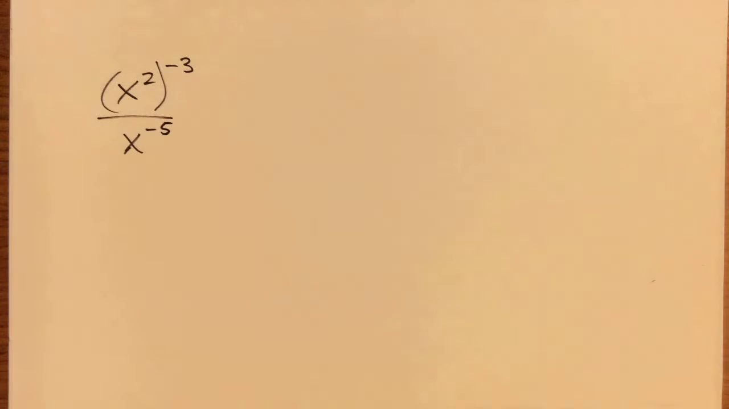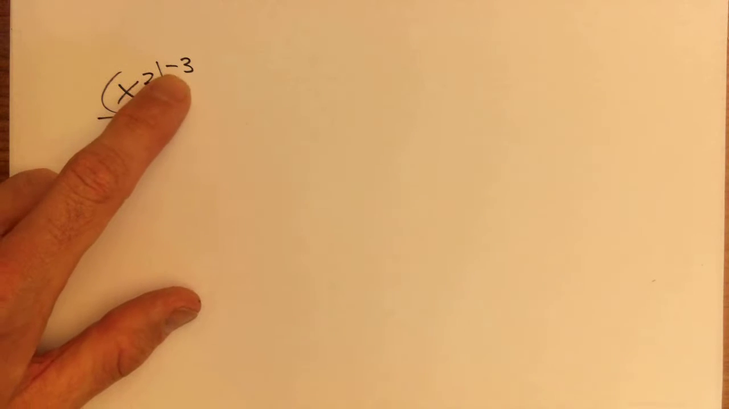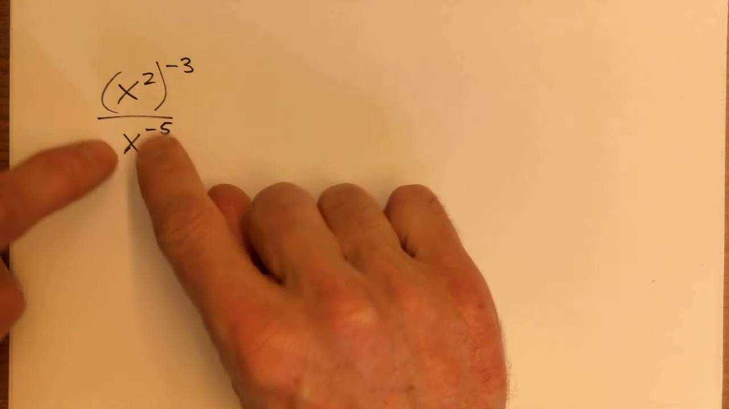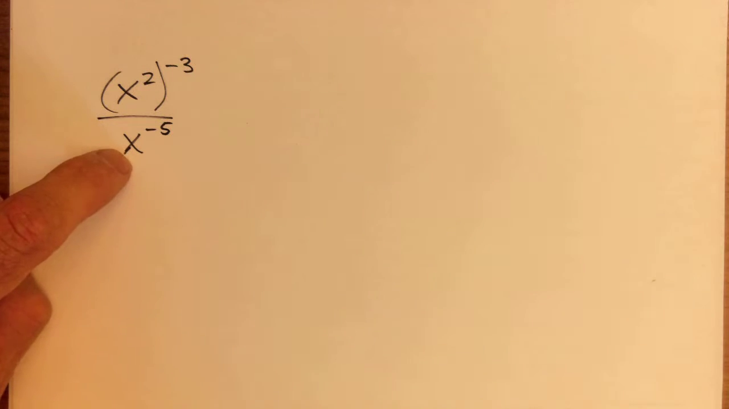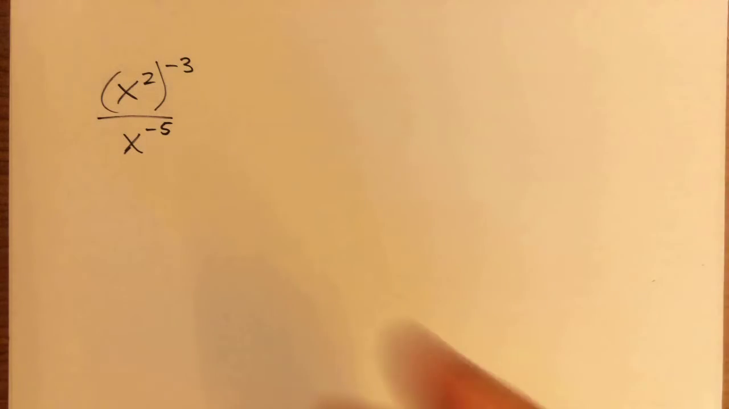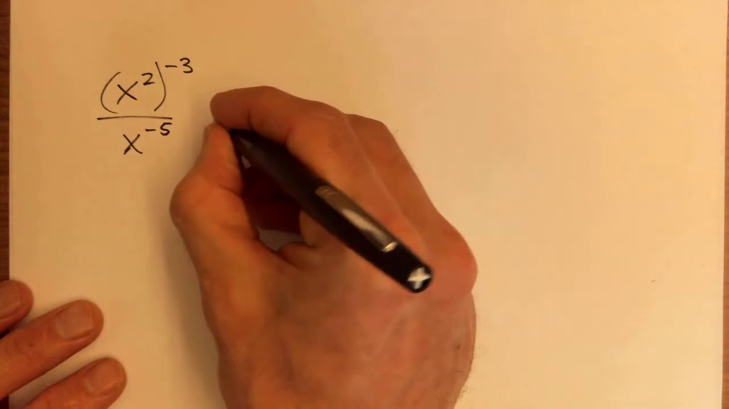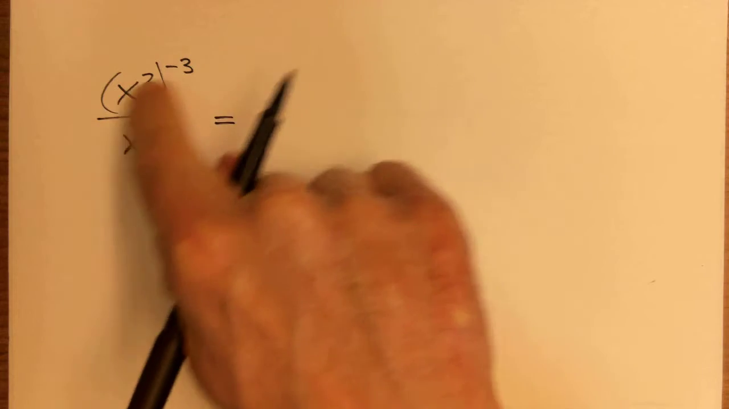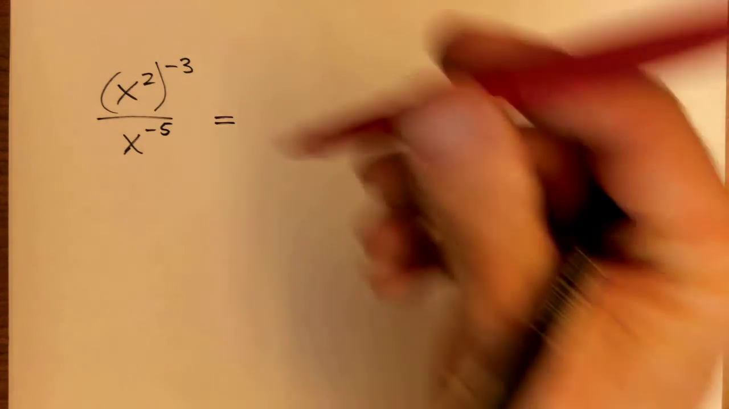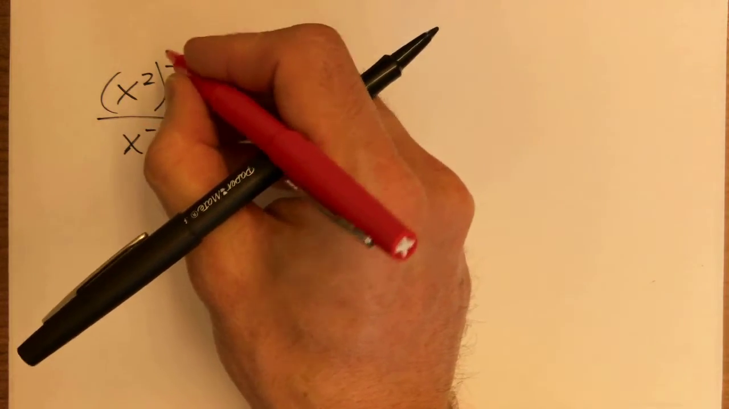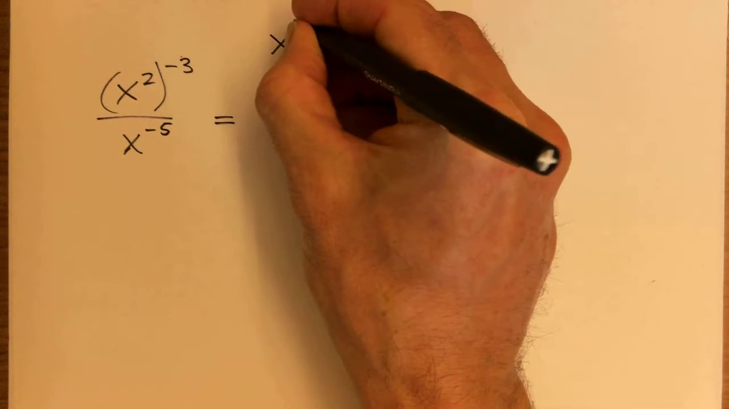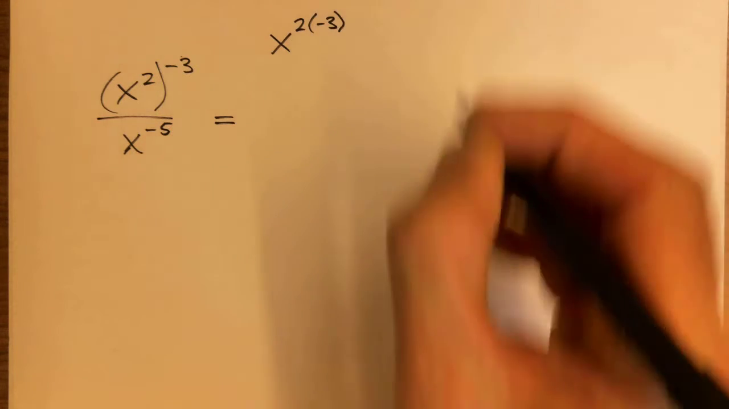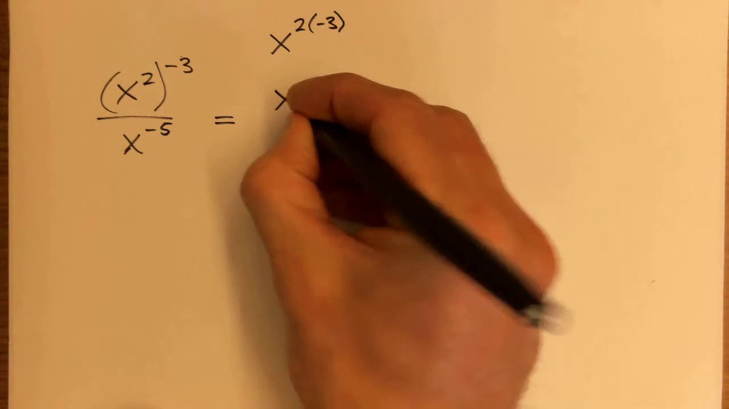Alrighty, so in this example we have x squared to the power of negative 3, all over x to the power of negative 5. And we can simplify this expression using the exponent rules or properties that we have already learned. On the top of this fraction, we can just use the product property, which is where we multiply these two numbers. So that's just x to the power of 2 times negative 3, which gives us x to the power of